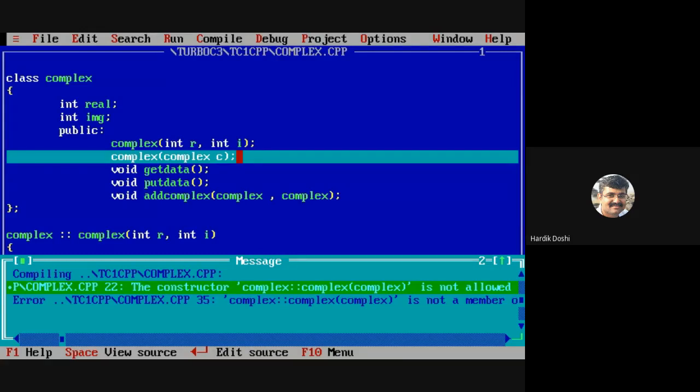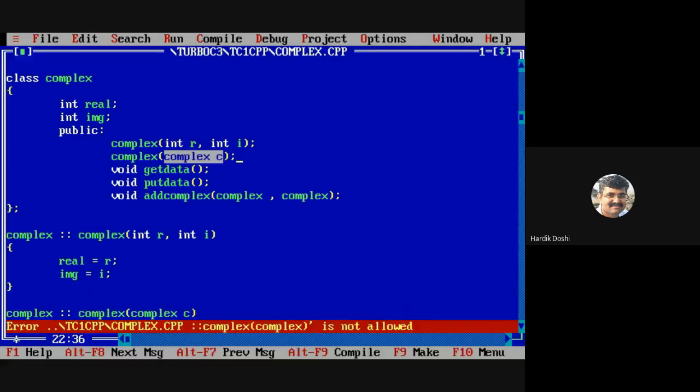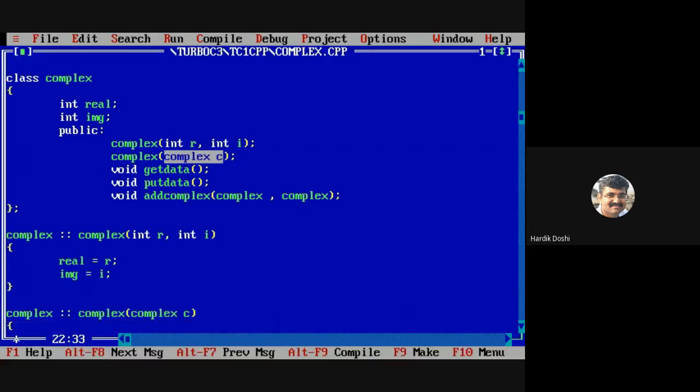Now I am telling you the exact syntax. What we have written in argument complex C. What I did, repeating what I did.